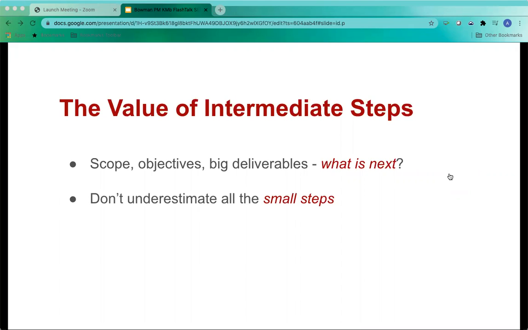Take some time and sketch out what are all the small steps and intermediate deadlines to get you to that deliverable that really gets you to the goal. And I'm saying literally sketch this out to make sequences and flows. Think about who's drafting the work. Does someone or someone's plural need to review? And don't forget to build in time to revise, to beautify with design and formatting, all that good stuff.